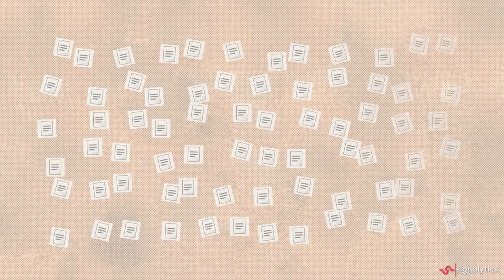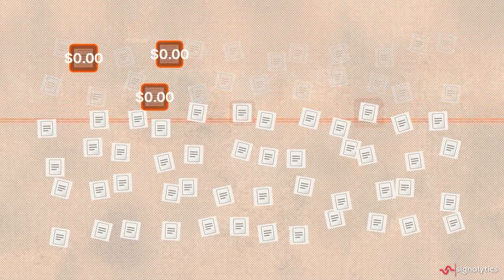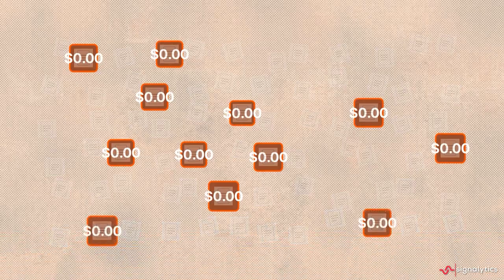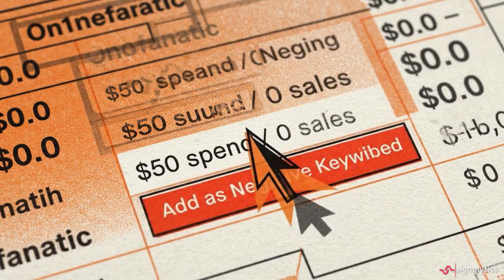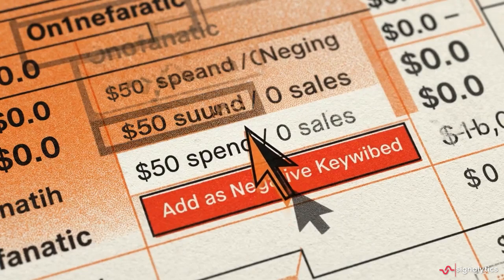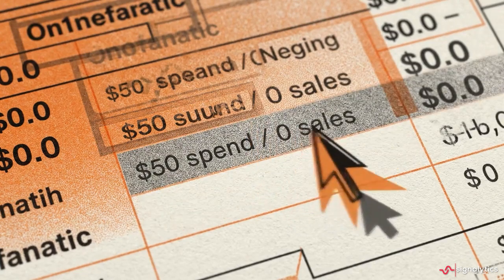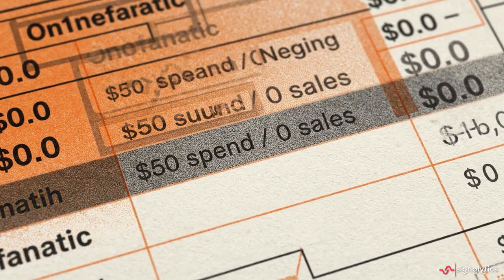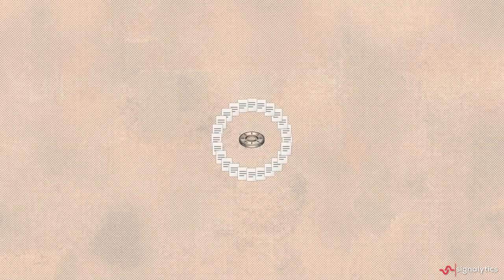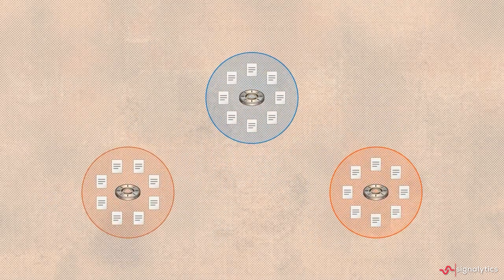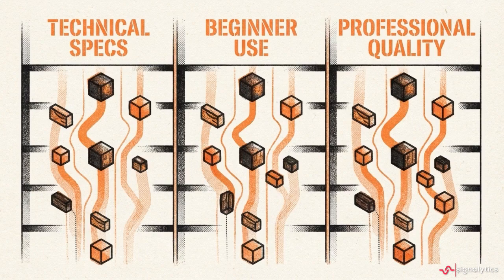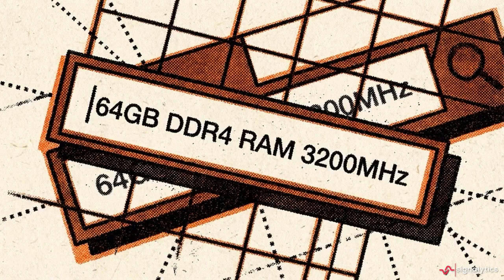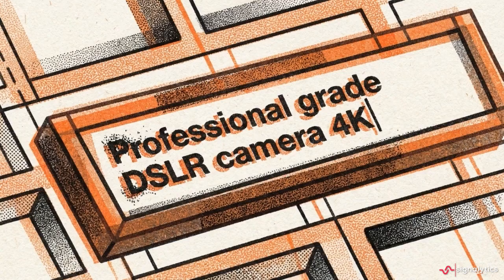Identify every search term that spent over $5 in the last 30 days without generating a single sale. By isolating these zero-conversion terms, you can immediately sever the most toxic spend in your account and stop the bleeding before your next coffee. The secondary tactic is to instruct the AI to cluster the remaining converting terms by intent. This reveals the precise language of your actual buyer, whether they care about technical specs, expect professional results, or a